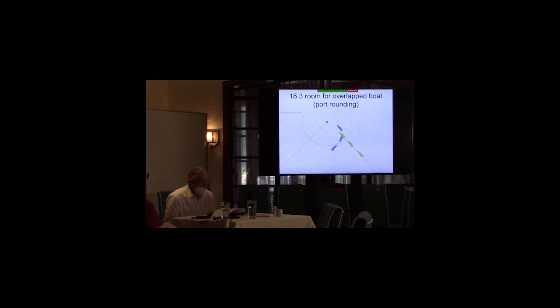Any questions about that? The judges, if they're on the water, will often be sitting at the windward mark watching for people breaking 18.3, because you get a string of starboard boats coming in, and the port boat has always got a problem in terms of how it gets into the starboard approach line for the mark. And the port boat in doing that has just got to be careful not to interfere with a starboard boat that's coming in.